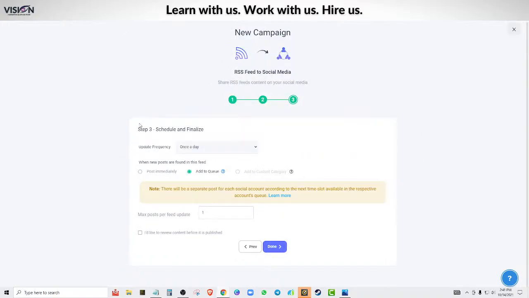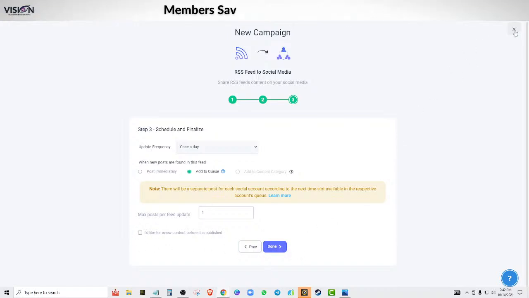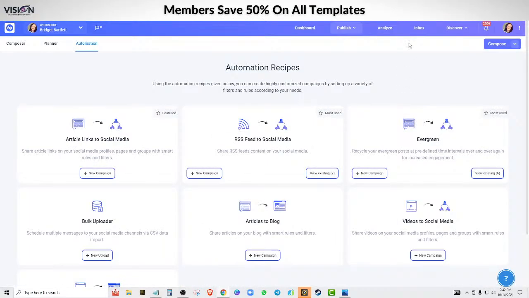And then I want to tell it how often I want it to basically scan the internet and post. Do I want it to post immediately when it finds something, or do I want it to add to the queue or add to the content category? How many times a day do I want it to do that? And then also I can click here if I want to review it, and then click done. So once you have that set up, now with both of those two things, every time you upload a post or every time you create a blog post or someone else does, that's the beautiful part,